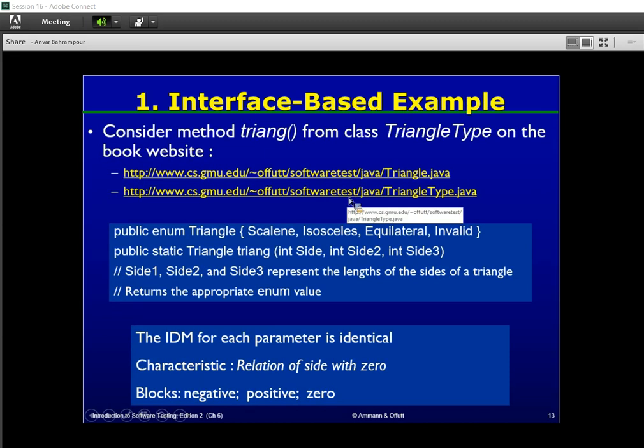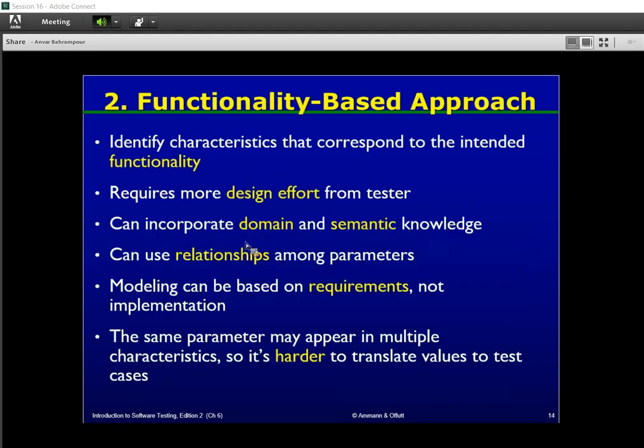We don't consider any semantics about the input parameters or about the functionality of the method. But in the functionality phase, we consider all of these possibilities. We identify characteristics that correspond to the intended functionality. As you know, we have defined this method to detect the type of a triangle. But in practice,